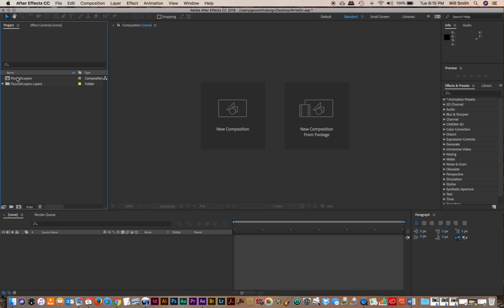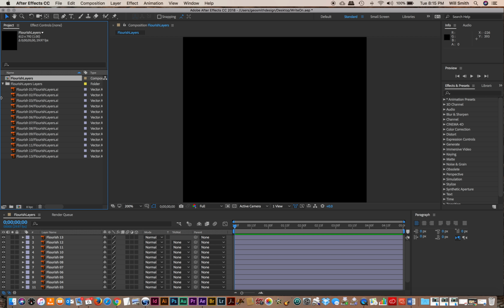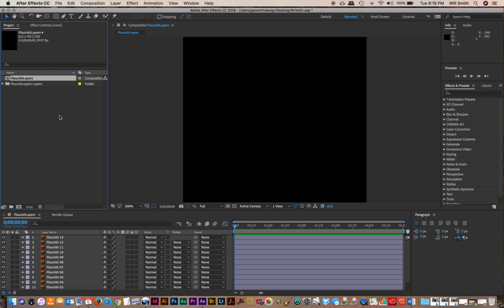And what I should have, as long as I don't import this as footage, is this Flourish Layers. If I double click that, if I open this, you'll see all the layers in Illustrator layers that we created, or I created before. And I'll go to this Flourish Layer